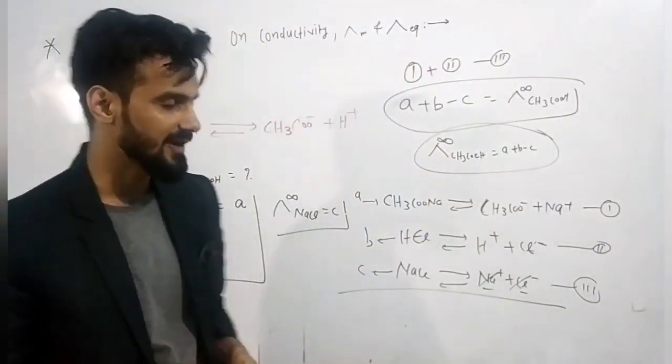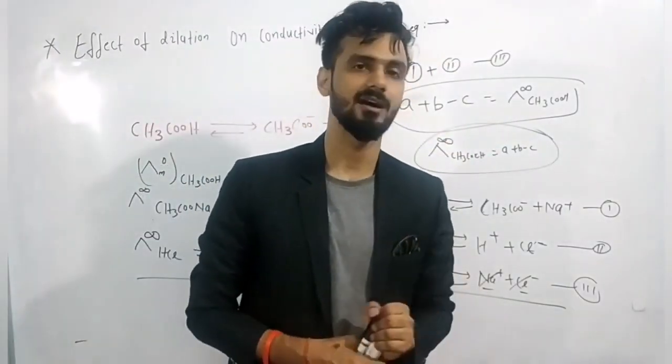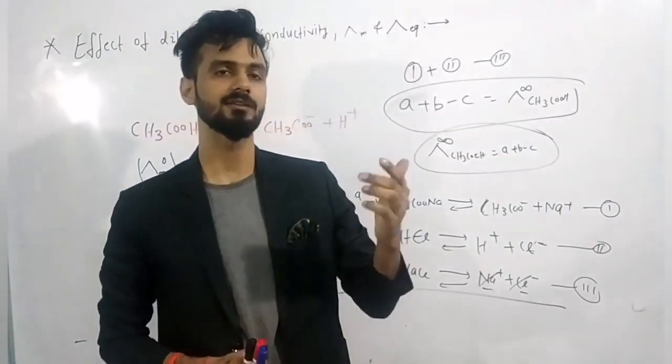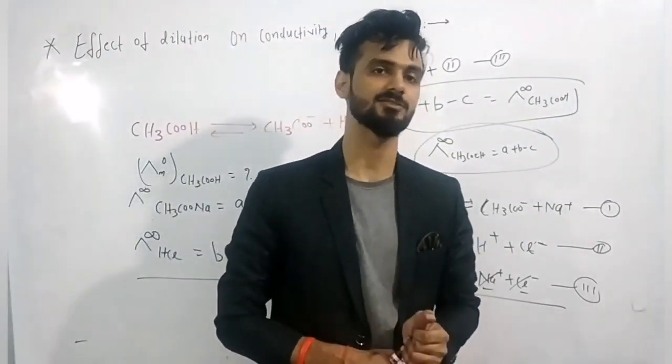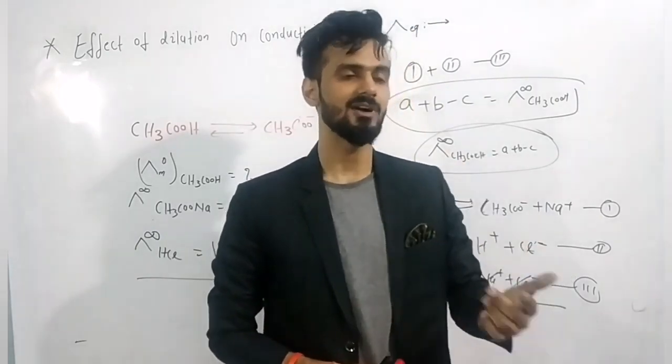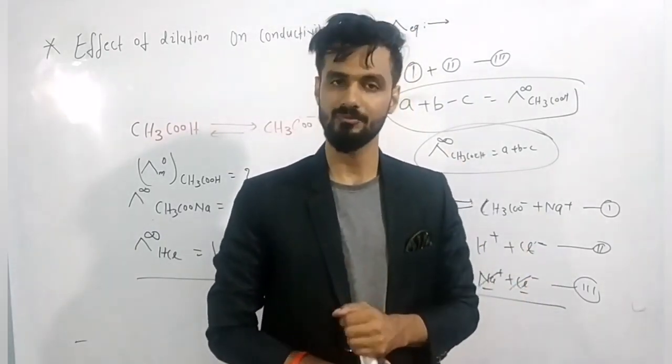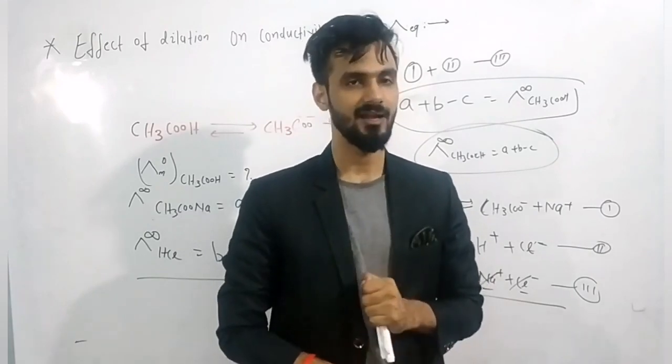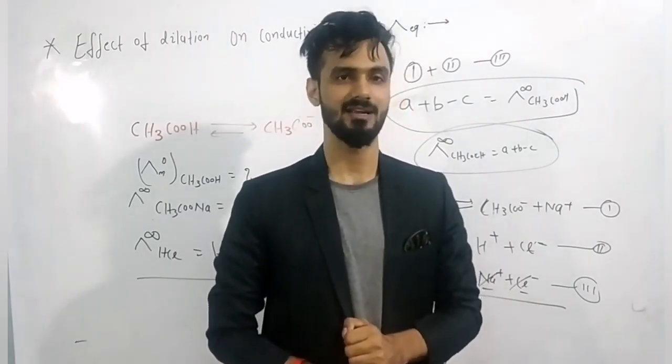Okay. So my dear students, we have already calculated the kappa equivalent or kappa molar at infinite dilution for weak electrolytes as well as strong electrolytes, both theoretically and from the graph also. Okay. So I think up to this point we have completed electrochemistry today, and thank you all for supporting me each and every day.